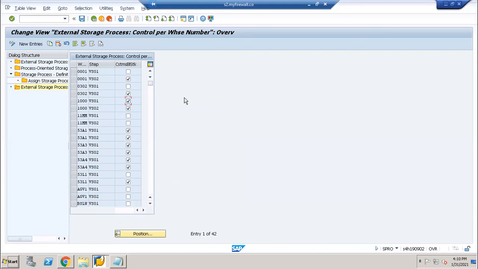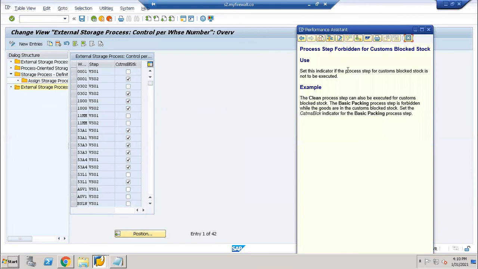So this control we can have as forbidden, which means omit it, leave it. For this warehouse we should not use it. Forbidden means remove it.